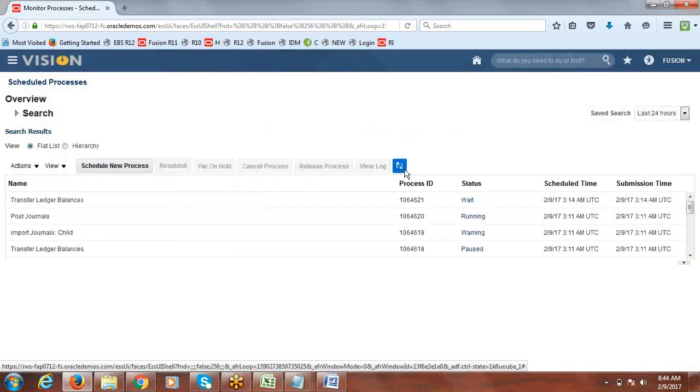Okay, it seems there are some unbalanced journal entries, so that is resulting in this warning. The same we could see in the log file. So hope it will work fine now.